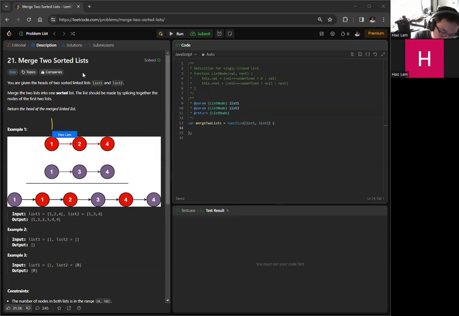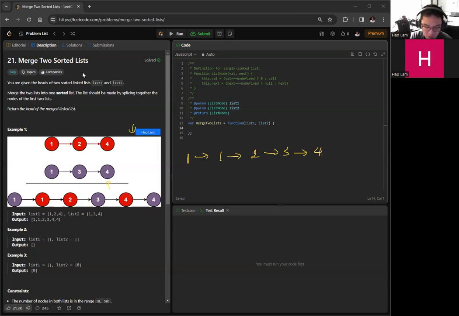So we can just have two pointers pointing at each of the lists, and then we just keep adding to the resulting list as we iterate through list one and list two. So let's say we can add one here, right? Because one is smaller than or equal to one. And if we have one and two, we just compare the two and add the smaller one, right? And then just keep incrementing like this, two, right? And now we add three, because three is smaller than four. Right, now we add four,